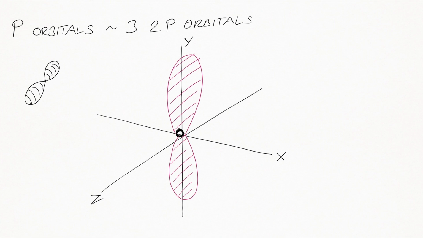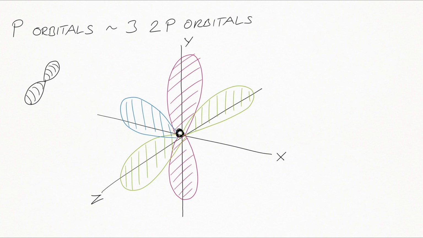Let's add one more electron. It doesn't go into this one here, the red one, but it would go into another p orbital. Let's add another electron. Again, it won't go into either the red or the green p orbital, but it goes into another p orbital. These p orbitals have further names, so this would be a py orbital, a px orbital,